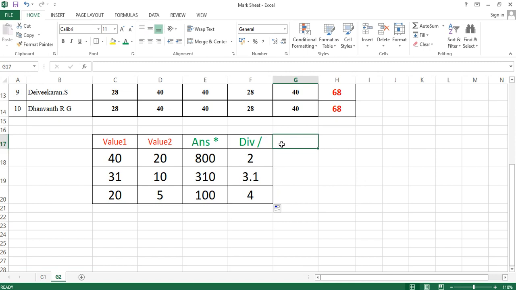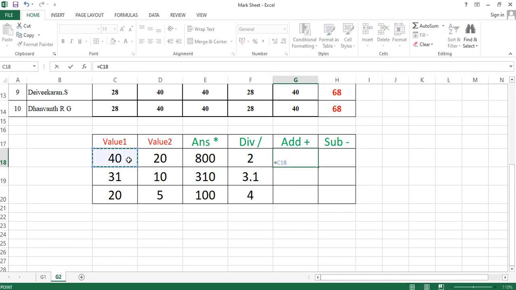I'll tell you for addition also. For plus, we will use shift and the plus symbol, right? And for subtraction, we will use the minus symbol, right? So Format Painter. You can update like this in any calculation. If you want to do addition, equal to this cell address, shift plus, the plus symbol, and then the second value, enter, and you can drag it down like this.